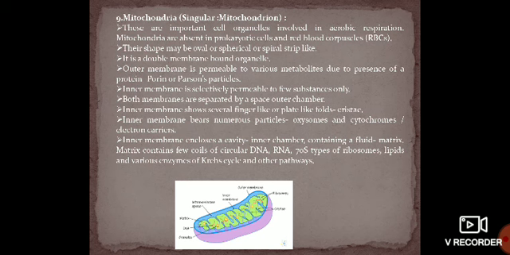And mitochondria are absent in prokaryotic cells and red blood cells. Here the shape of this mitochondria can vary. It may be oval or spherical, or sometimes spiral or stripe-like, depending upon the cell in which it is present. We can also call it species specific. Shape will vary. It is a double membrane bound organelle, and here the diagram shows